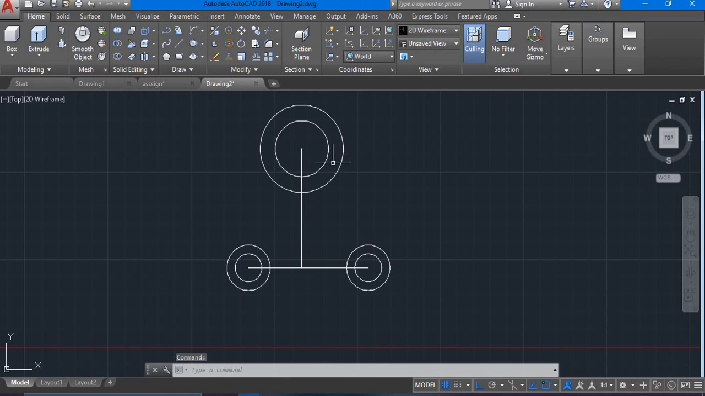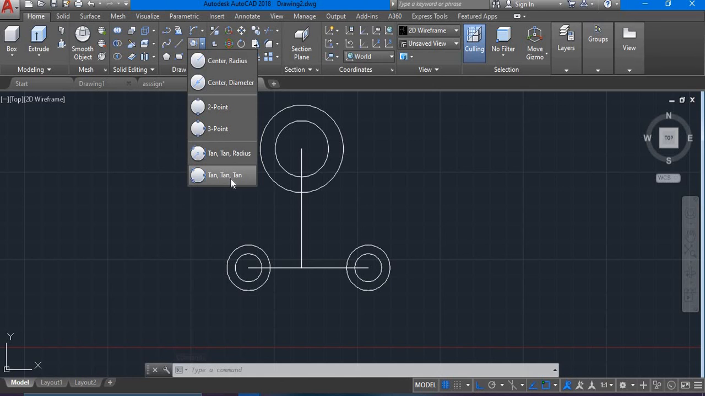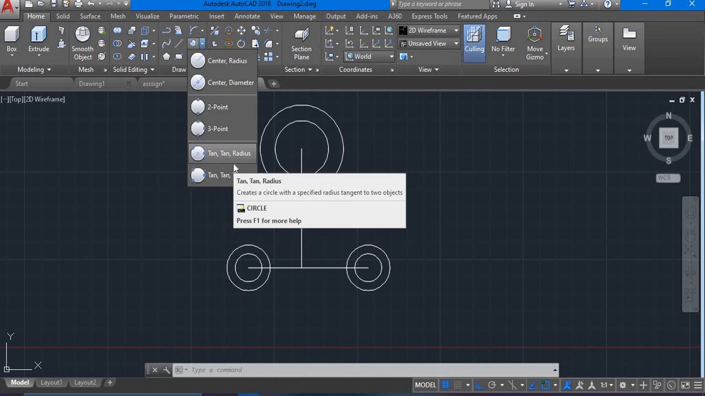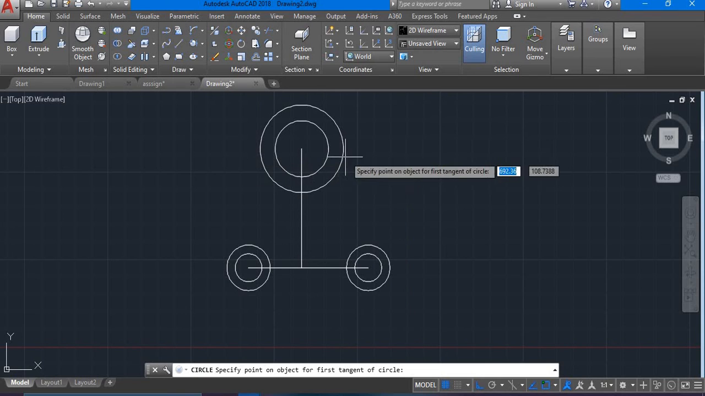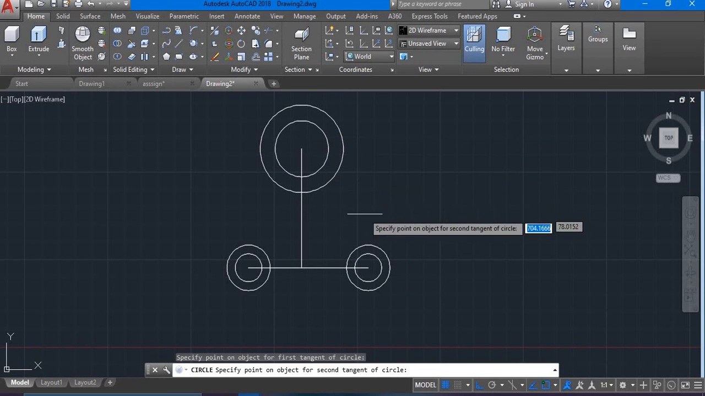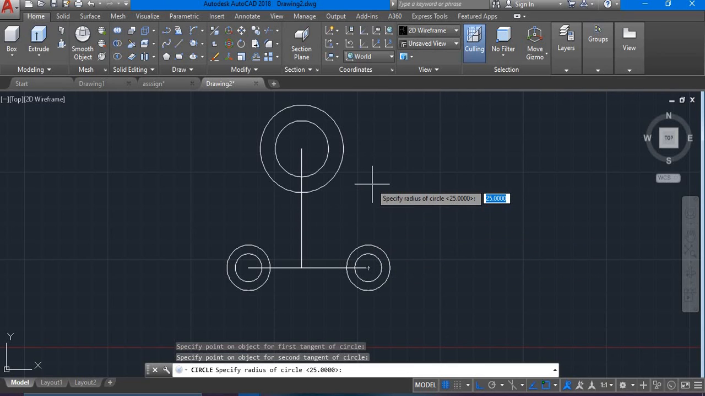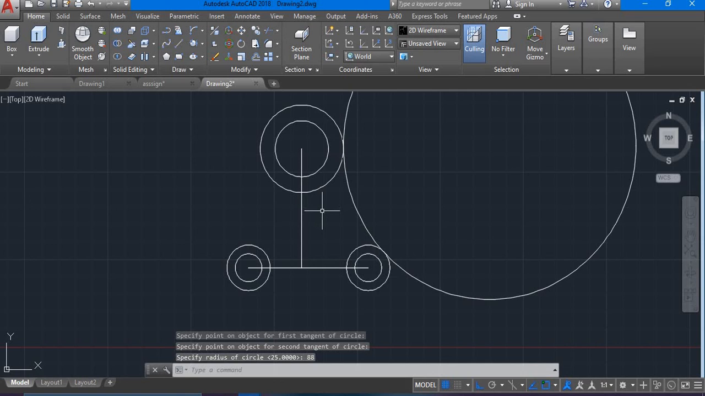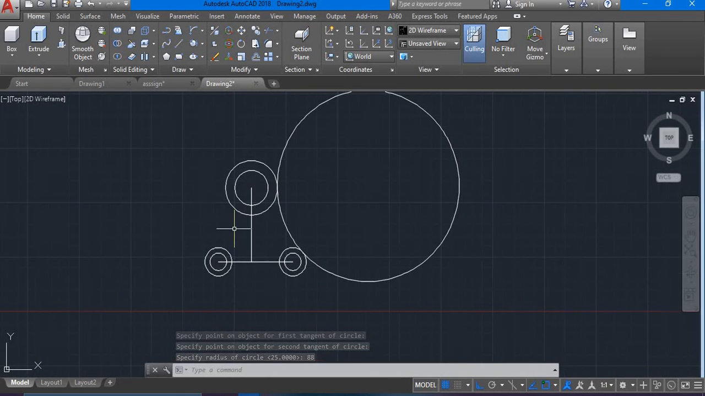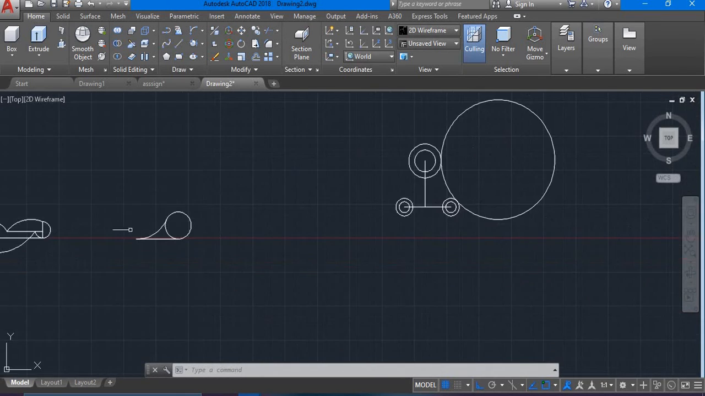For instance, here now, if I want to get here, and the dimension is given, the radius is given, I can use tan radius. I'll just click on the tangent of the bigger one and the tangent of this one. Don't forget you are being given the command here. You know what is written there, specify radius of circle. So I would say 88, enter,